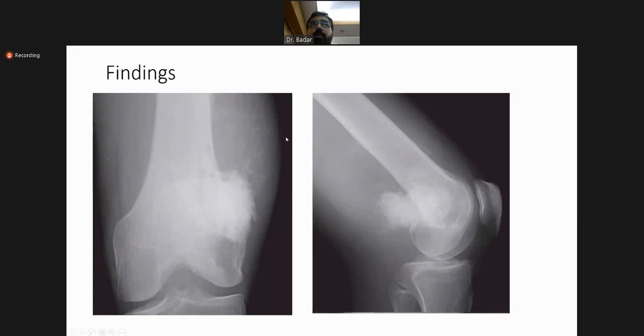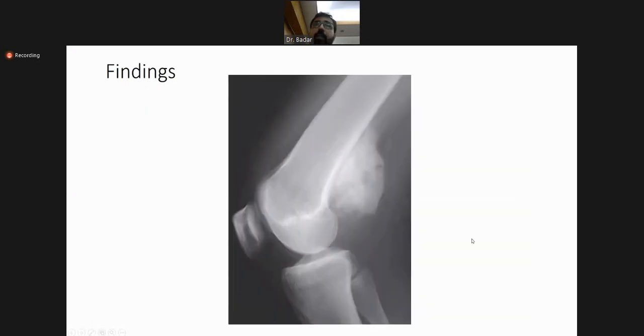You see the sunburst appearance all around this, just like a sun is appearing, with rays appearing all around the femur. And see, this is the periosteal reaction in the femur as well. Sometimes this periosteal reaction is elevated just like a triangle. So that is Codman triangle, and this is sunburst appearance. Another finding is the posterior aspect of the femur with an osteoblastic lesion in a female around 40, which is most likely diagnosed as periosteal osteosarcoma.